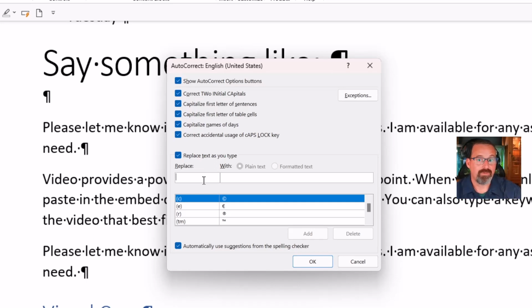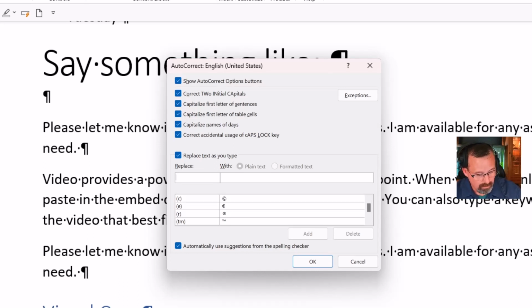I tend to do an equal sign, but maybe it's a dash, maybe it's the at sign. Figure out something that you don't use a lot in other ways. But like, we could go equal sign,